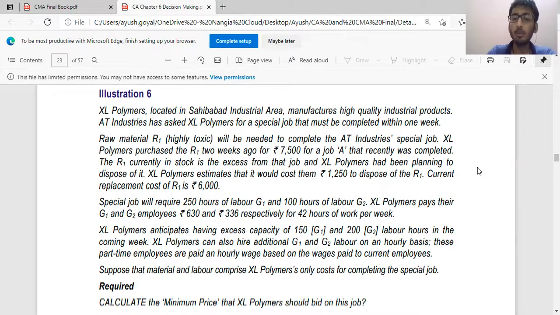I need to find out the minimum price. Basically, this is a very easy question. Let's solve it fast. Basically, with this question, all of our topics related to, you can say,